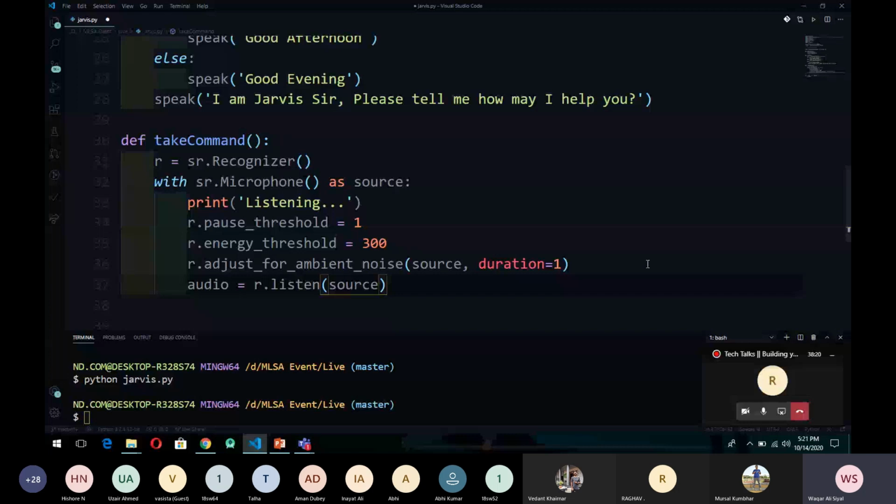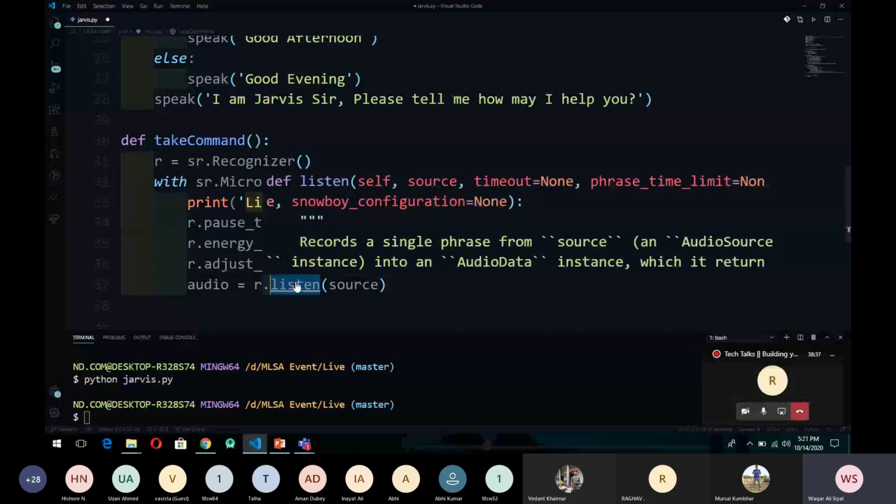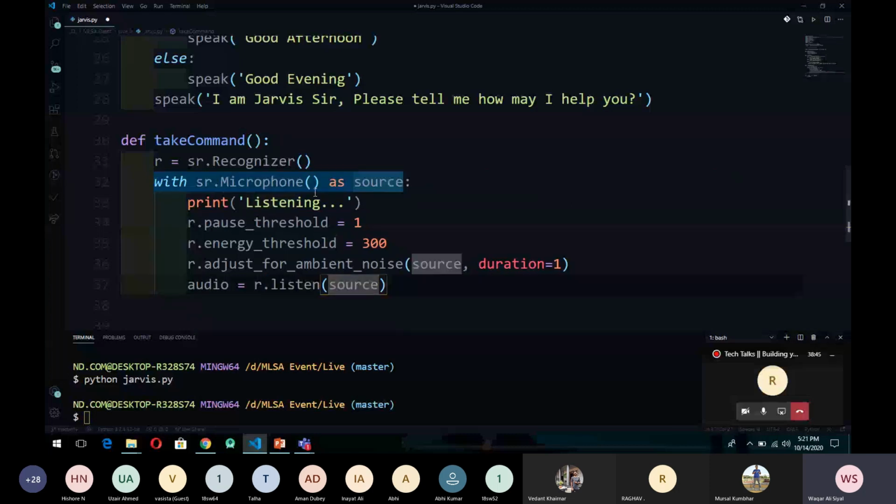As you can see here, the description: records a single phrase from the audio source instance into an audio data instance, which it returns. Here our audio source is the microphone, so it will detect the voice and convert it into audio data, and return it to us.